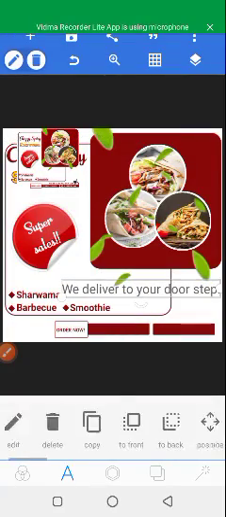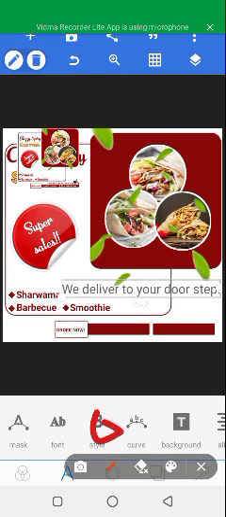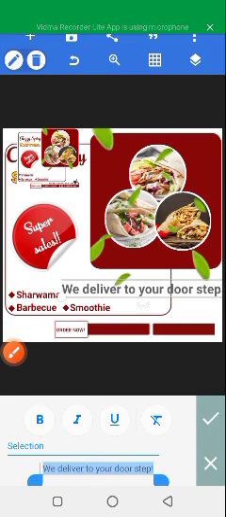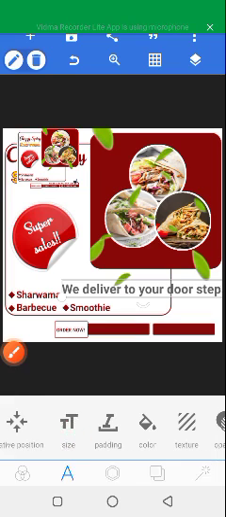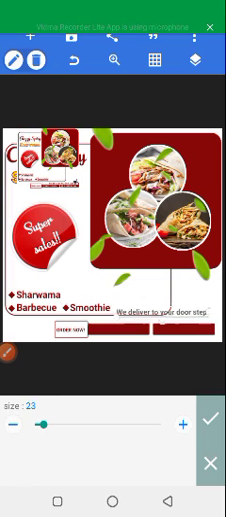Okay, and we can go to bold or go to style and click on bold. All right, and decrease the size of this text by clicking on size. Okay, we'll drag it, decrease to 20